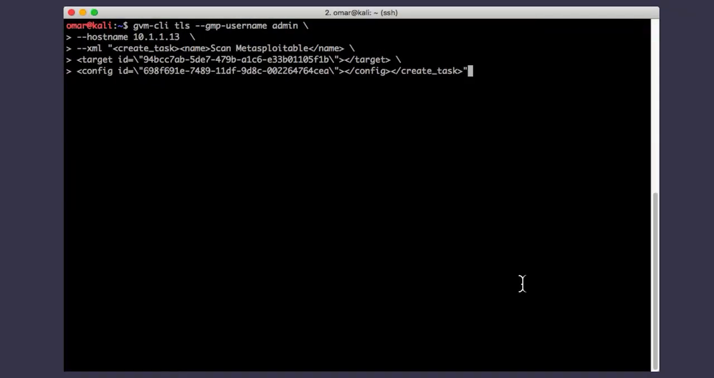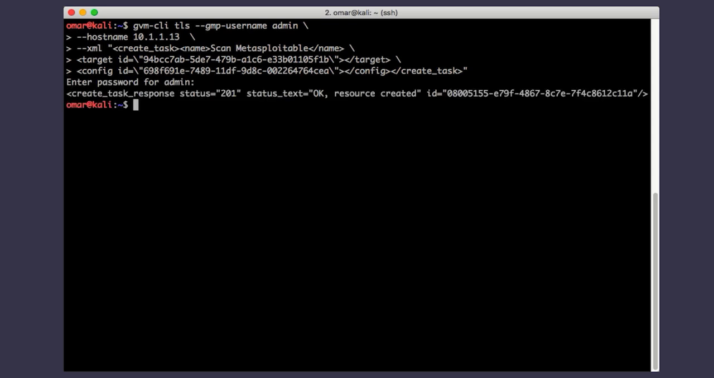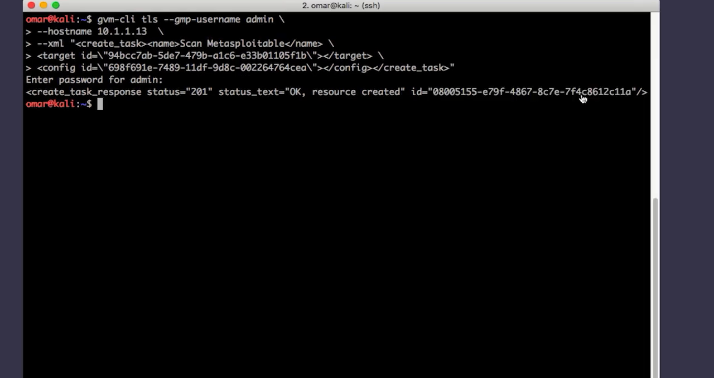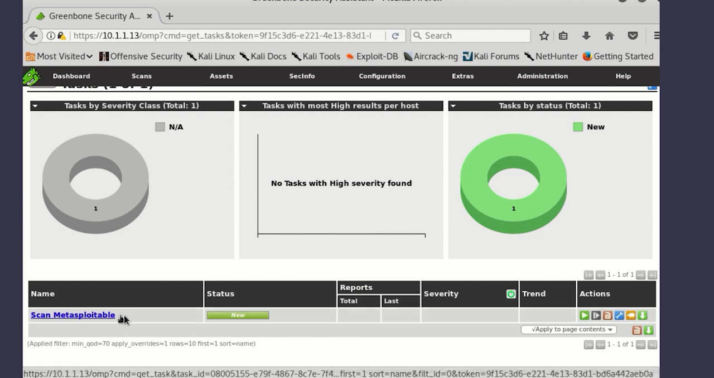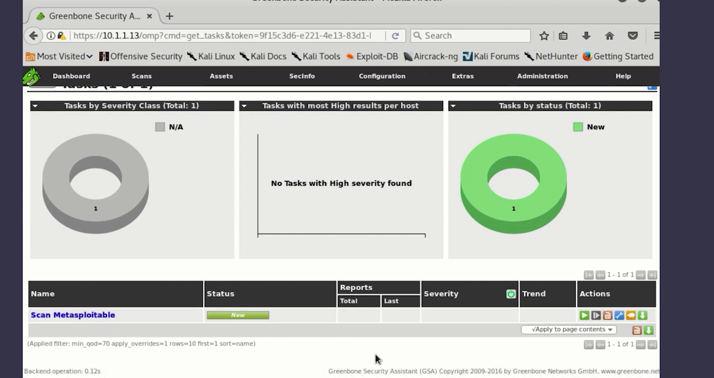So let's create a task to scan that host. Now we're going to use the target ID and the configuration ID that we got from the previous commands. And then let's send this to the OpenVAS server to create the new task. And there you go. You can see right away that a new task has been created. Now let's go to the web console and verify that the task was created. And there you go. You can see that the new task called Scan Metasploitable has been created in the